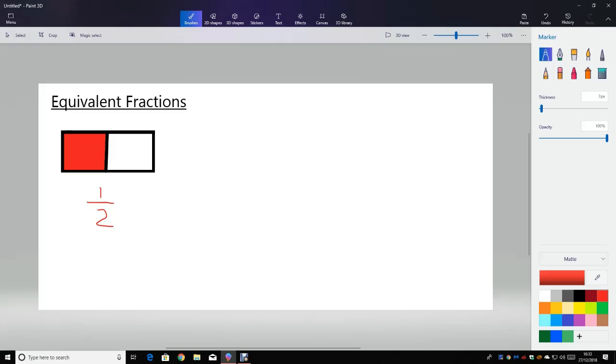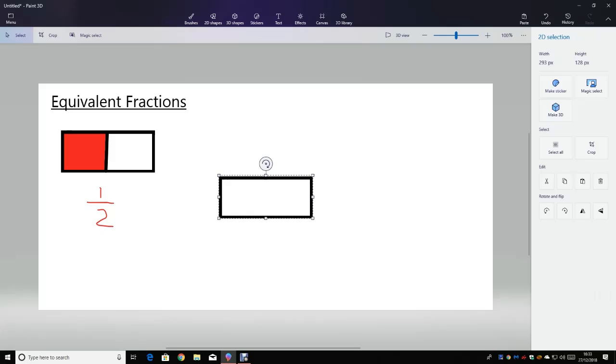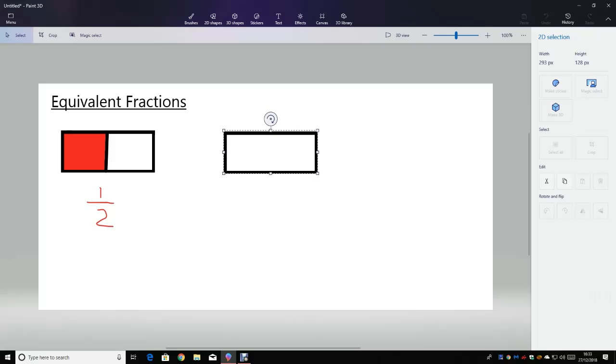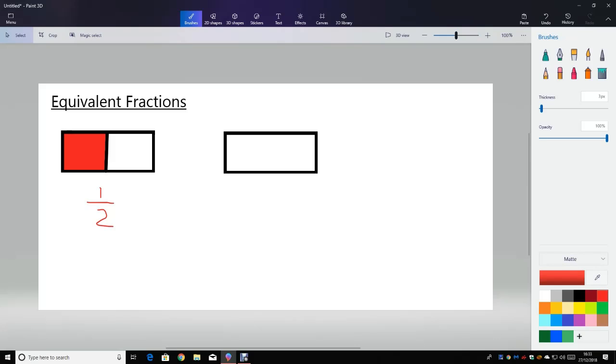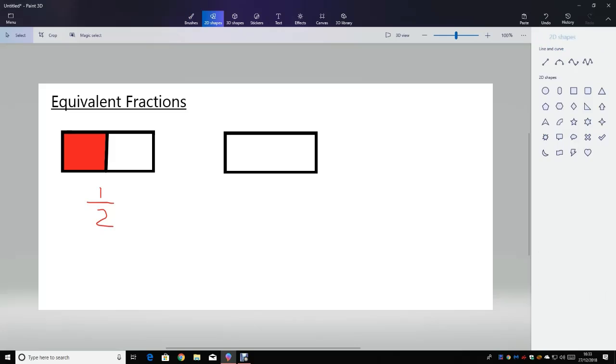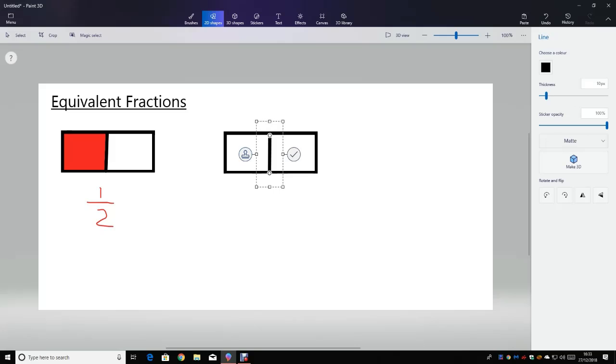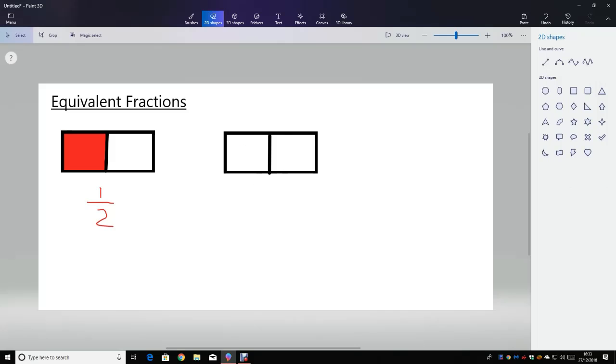Now let's draw another chocolate bar exactly the same as the one we've got here. Let's drag that up there, make it a little bit neater. And let's split that chocolate bar this time into four equal parts. So like so. So we've got two parts there and split it down the middle again. So if I now split it into four equal parts,